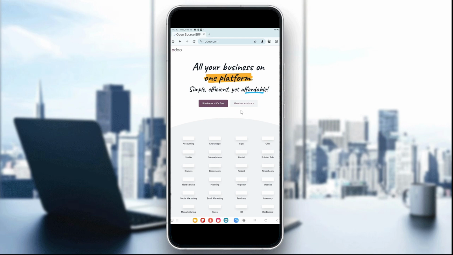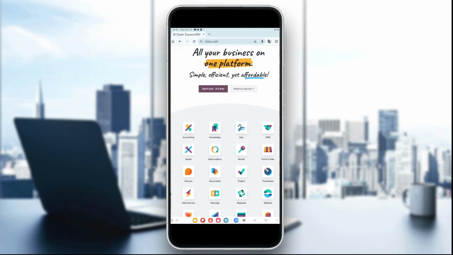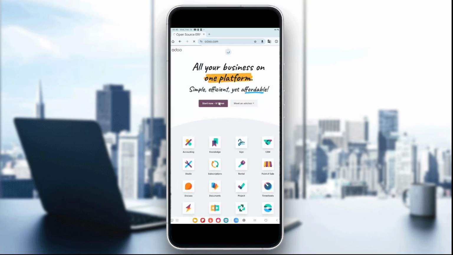Now the second step is to navigate the Odoo dashboard, and to do that, the main dashboard has different modules like sales, inventory, CRM, accounting and more. Click on a module to enter and start managing the section. For example, you can choose any of these modules after you click on Start Now. Click on Start Now